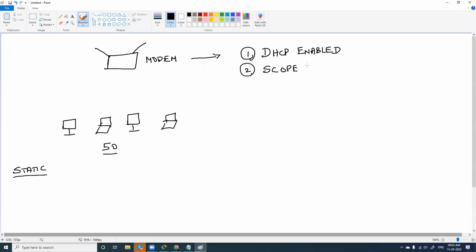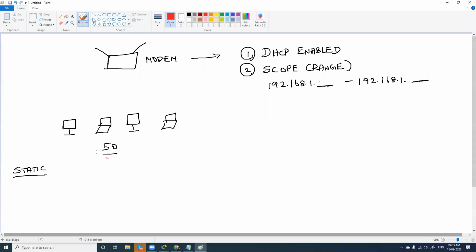Scope is a range of IP addresses. You can mention it something like this: 192.168.1, starting from 0. You have an option to fill here, and it goes till 192.168.1, with another option to fill in your number.